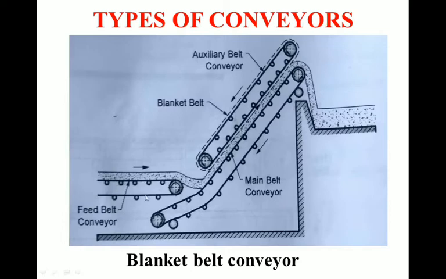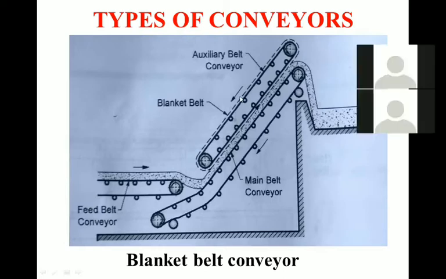So here you can see this is one belt conveyor, called the main belt conveyor. Afterwards, this is called the auxiliary belt conveyor, which is also called the blanket belt. This type of conveyor is normally useful